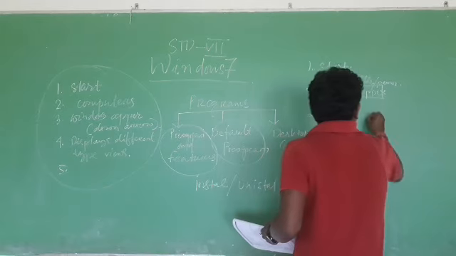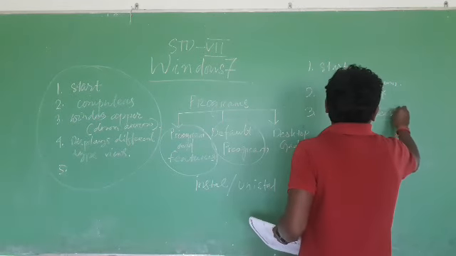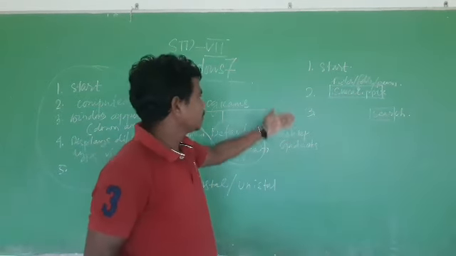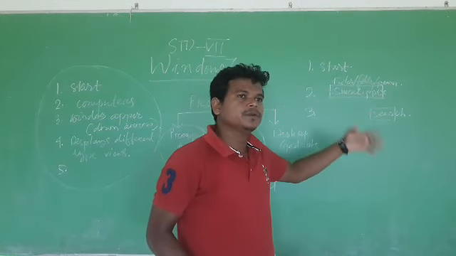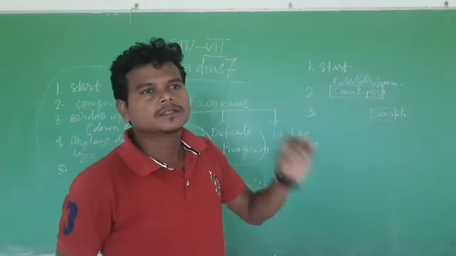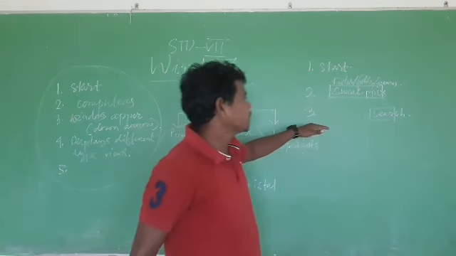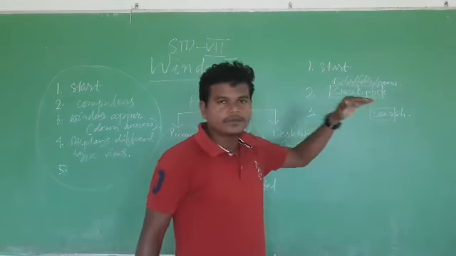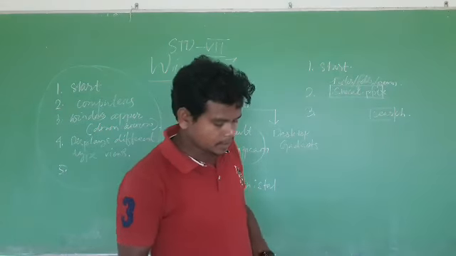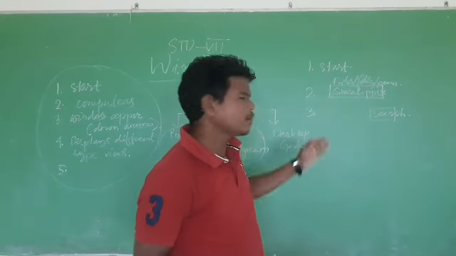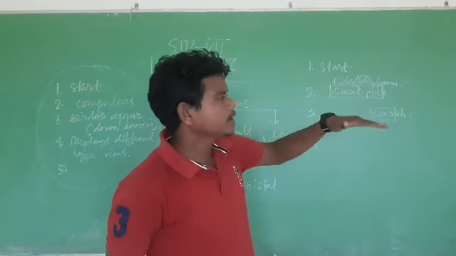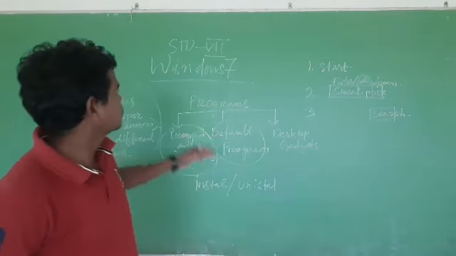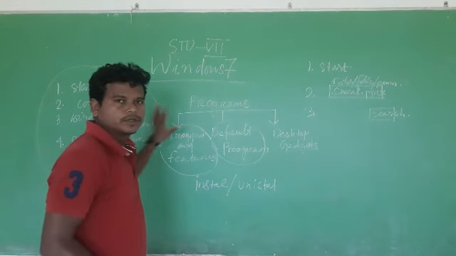Step 3, there will be a search button. Then if the file is there, it will be displayed. If the file is not there, it may say the file or folder is not found. You must see the more options also. More options will be there, you may also click on that. So this is all about Windows 7, the second chapter, which we completed today.